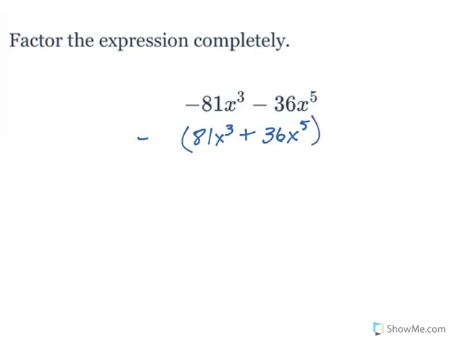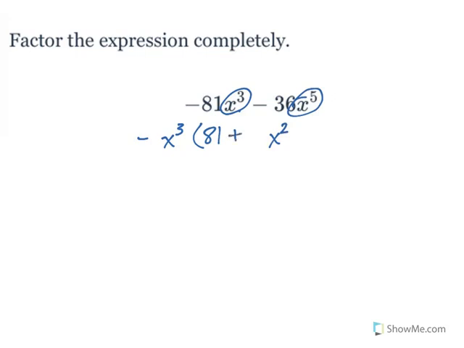Let's actually take care of the variables while we're at it. You can't pull out more than the least one has. So I could pull out x to the third power. If I do that, there are no more x's attached to the 81. If I pull out 3 x's from x to the fifth, we still have x squared. Now you notice my 81 turned positive because I factored away a negative sign. Anytime you factor away a negative sign,